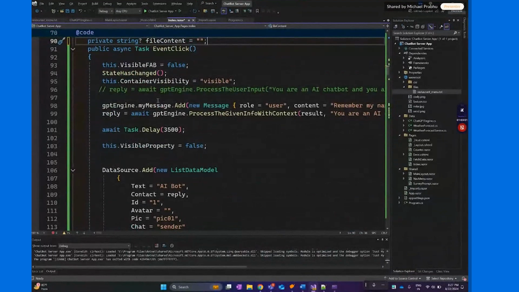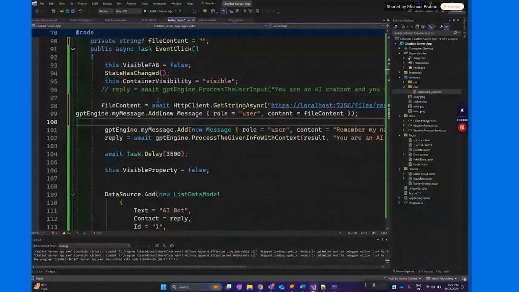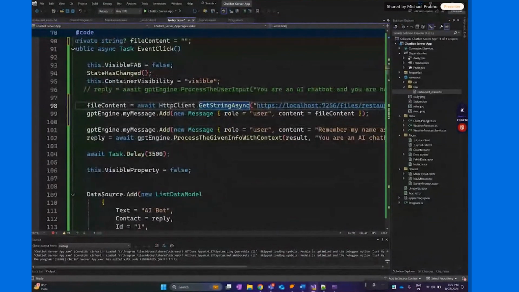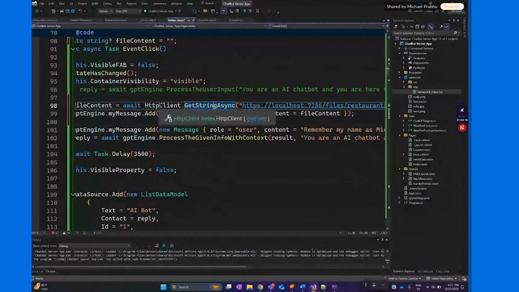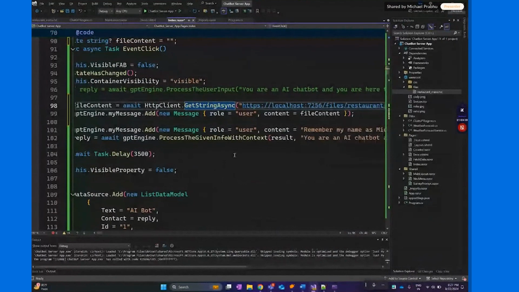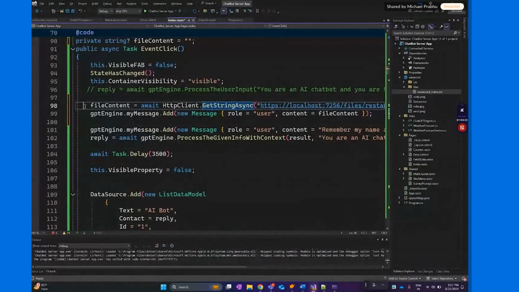So as you could see here, I'm just going to copy paste this. Let me explain what code I have written here. File content await, I'm just getting this asynchronously. I'm sorry, get string async using the HTTP, and I'm providing the localhost port. So what was the localhost port for my